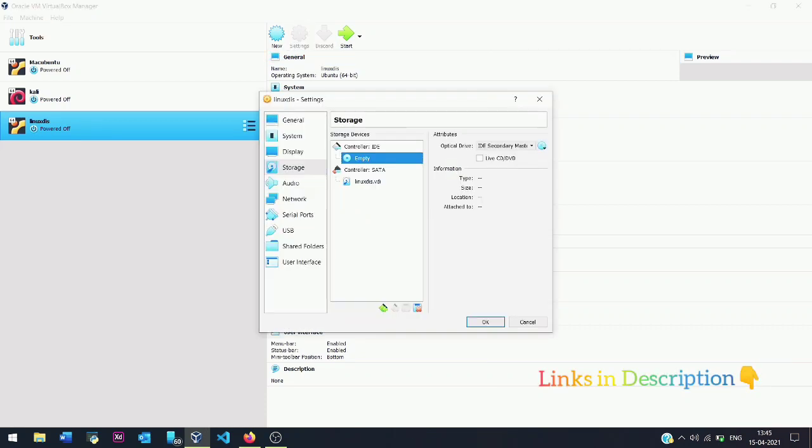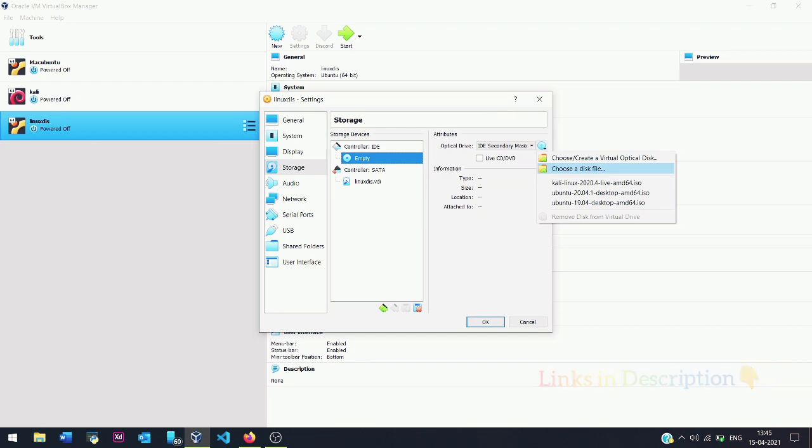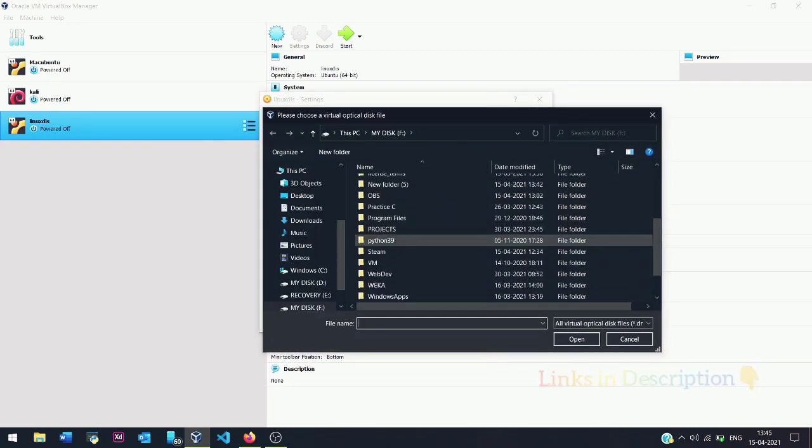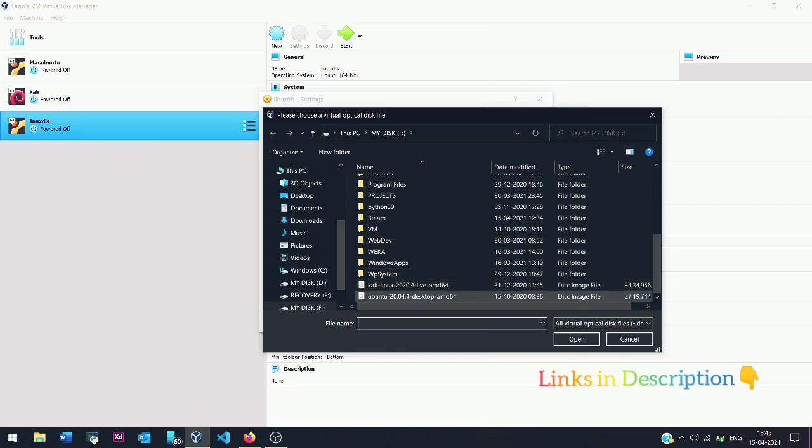In storage, there are two options: controller IDE and controller SATA. Under controller IDE, it is displayed as empty. In the corner, you have a CD disk icon. Click that, go to the folder, choose your OS, and then click open.